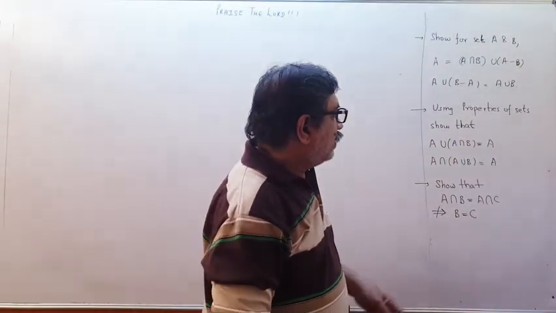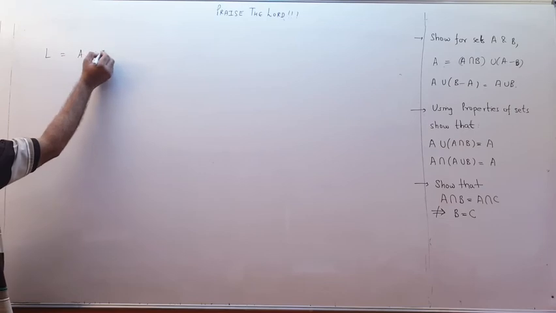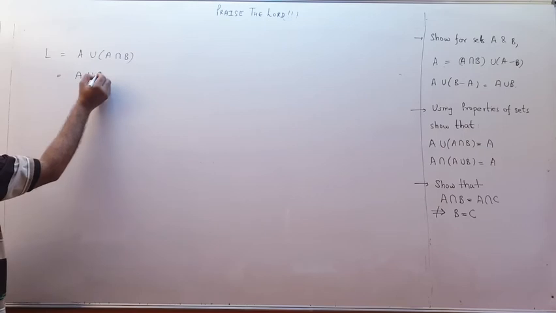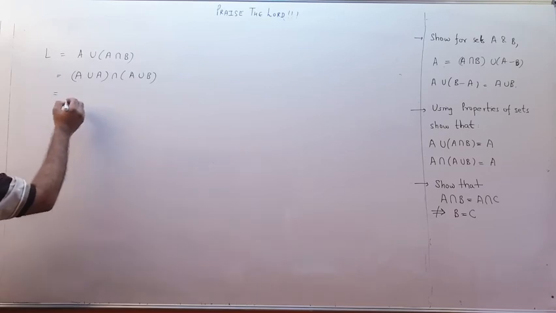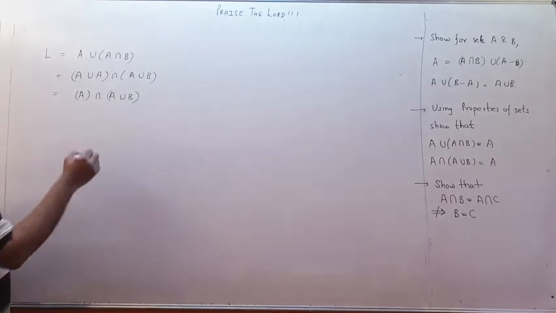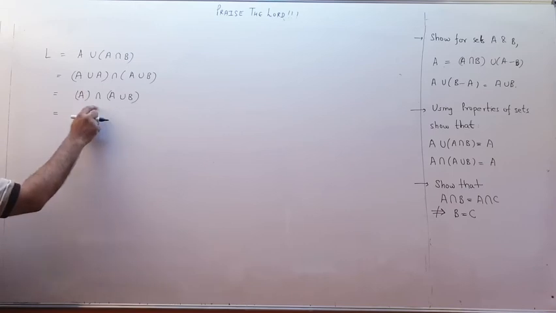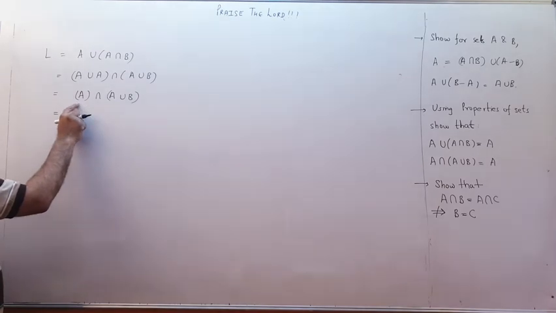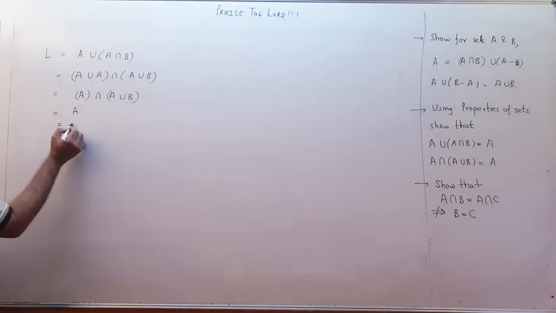Okay. Show that A union A intersection B. So LHS is A union A intersection B. Distribute union. So A union A intersection A union B. This will be A only. So A intersection A union B. By properties we know union is bigger than A. So this will be equal to, we want smaller set because of intersection. In A union B and A if we compare, this is bigger set and this is smaller set. And you want intersection. So in intersection result is smaller set. So this will be equal to A and that is RHS.